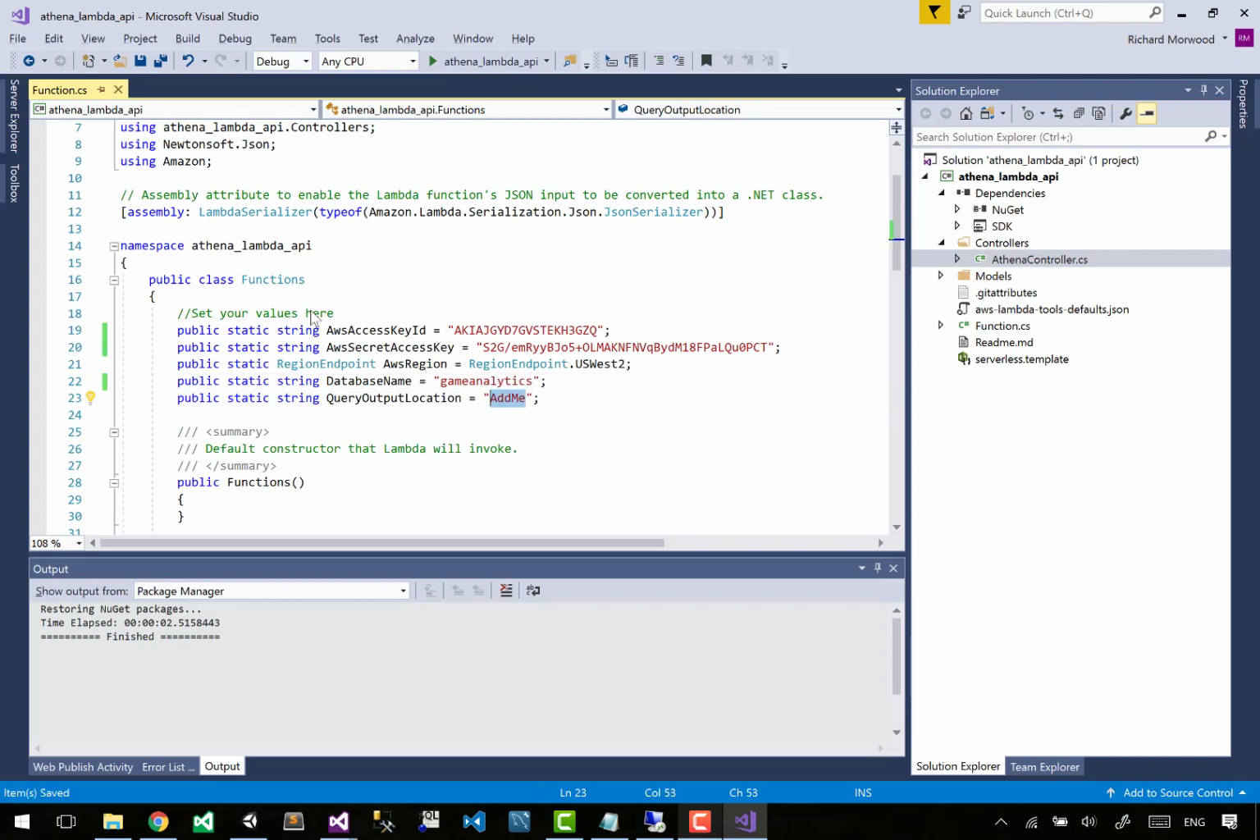Okay, and finally, it needs to write. Athena needs to know where it should write these results to. You have to give it something. You can't leave it blank. You can't leave it empty. Otherwise, it goes,